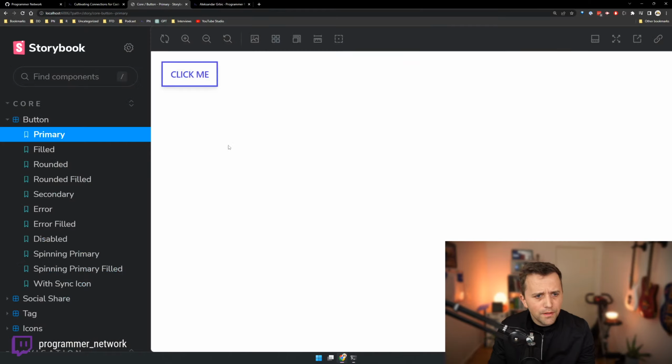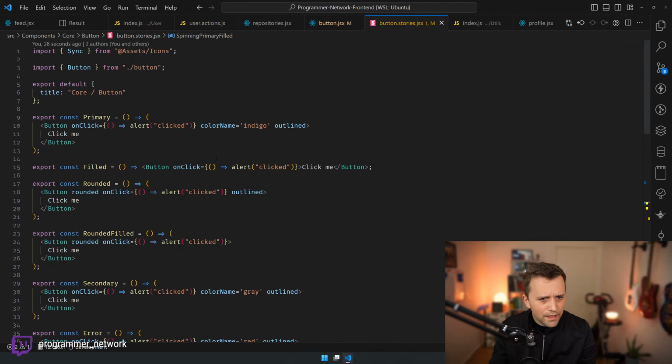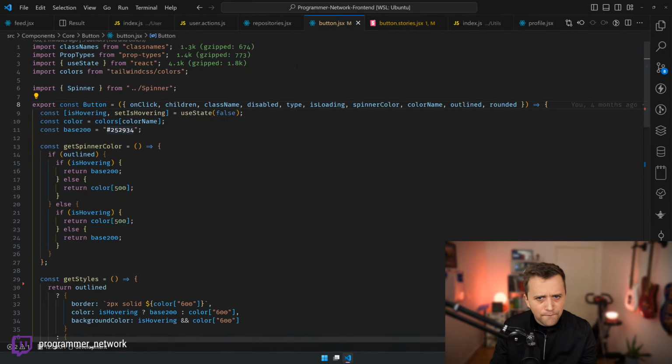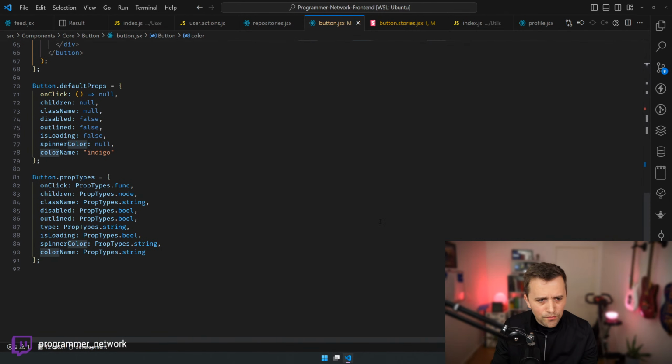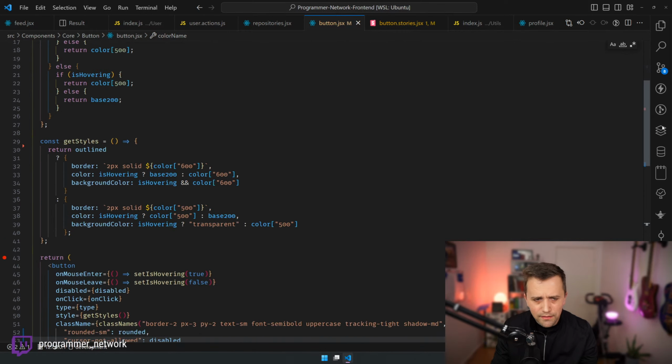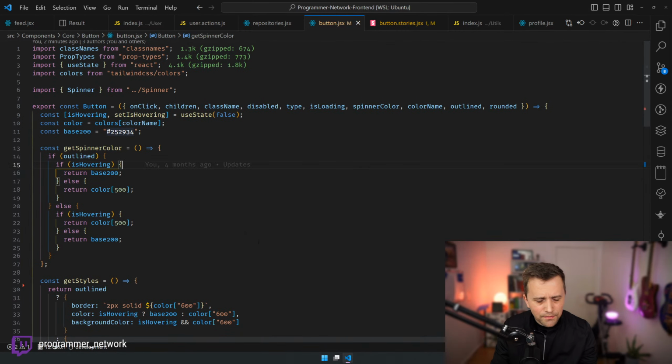Okay, wait. So yeah, this is good that I kind of started doing with indigo. Okay, I see. We have a default color here. That's how I did it, right?